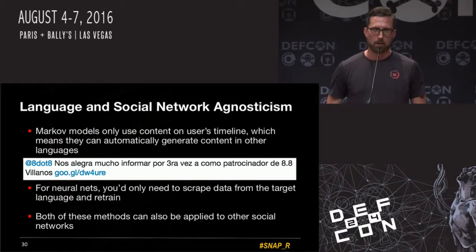The cool thing about Markov models, though, is that you don't need to retrain it every time. Like I said, it's very flexible. You can deploy it very fast. What this means is that it generalizes out of the box to different languages. It's language agnostic. So if you're posting on Twitter and you're posting in Spanish or even Russian or Chinese, entirely